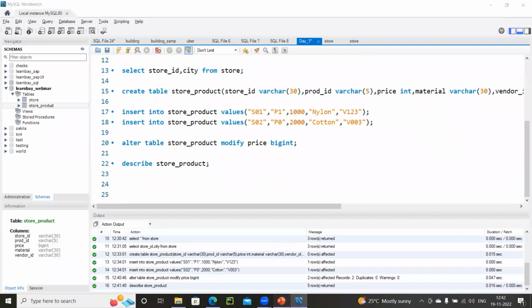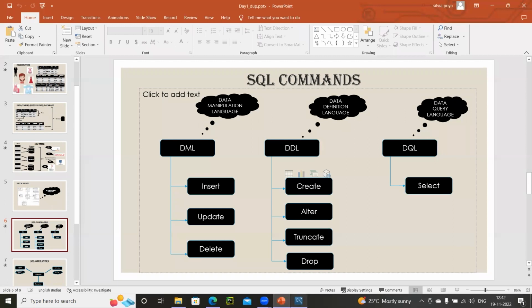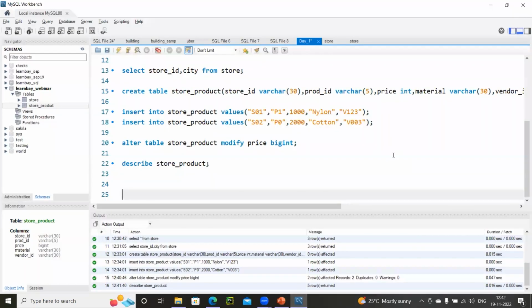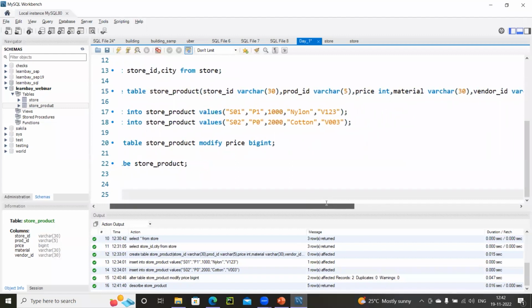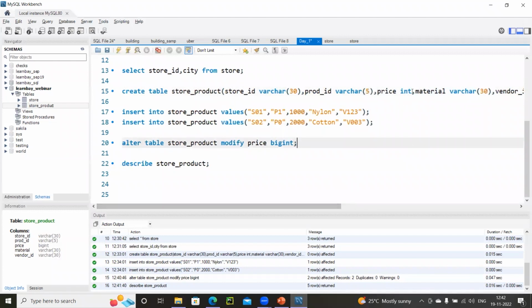Okay, fine. Now I also want to make one more change. You tell me whether that comes under alter or update, whether it is a schema change or a data change. Now I don't want the material column to be present under my store product table anymore. This column I don't want anymore inside my table.